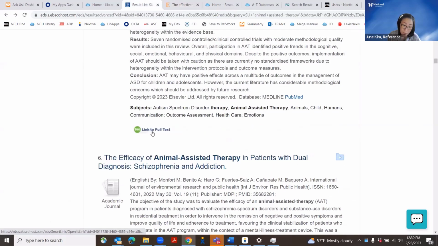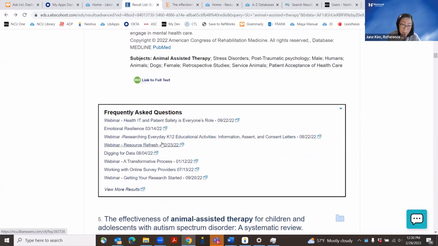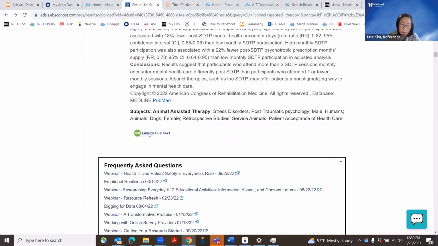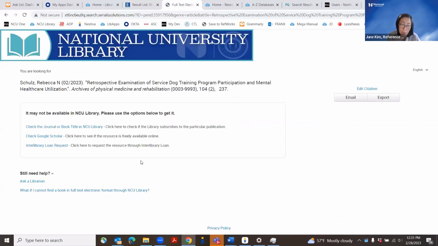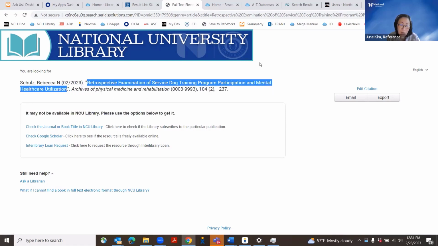So this is an instance when it actually does give you the full text, but like Alex says, sometimes it doesn't. Number 4, for instance, has that same icon, but when you click on it, you get this page. Most of the time, this page means that the library does not have full text access. It's suggesting you check Google Scholar, check if we have the journal, or borrow it from Interlibrary Loan. To cover your bases, you could copy and paste the article title and plug it into Google Scholar and then see if